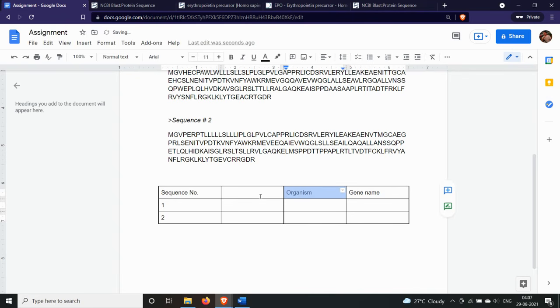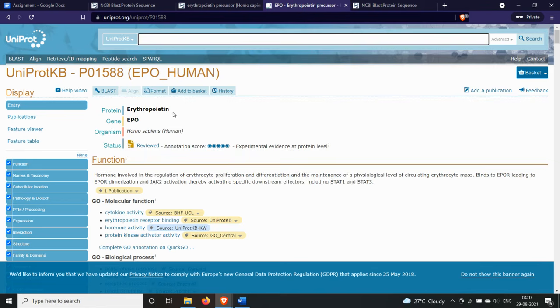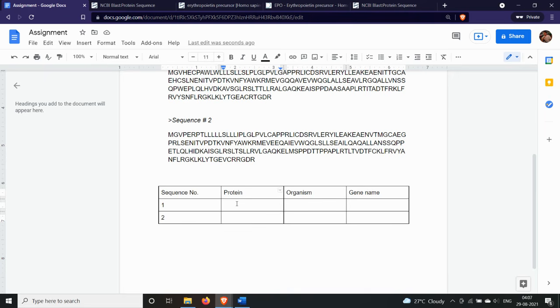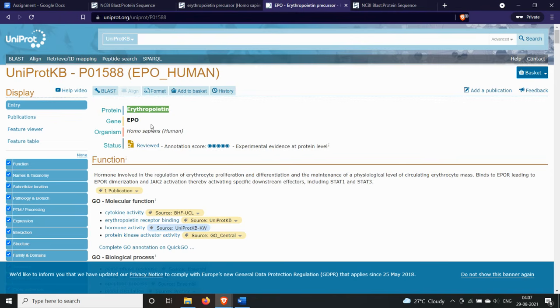We paste it here and we write protein name. So our protein is erythropoietin. You just copy it and paste it in the assignment document for sequence 1, and our gene is EPO.